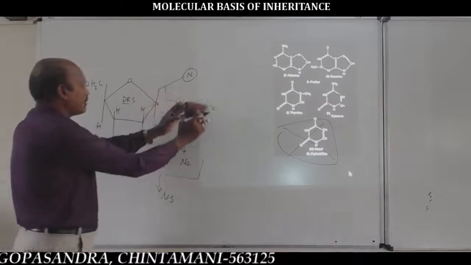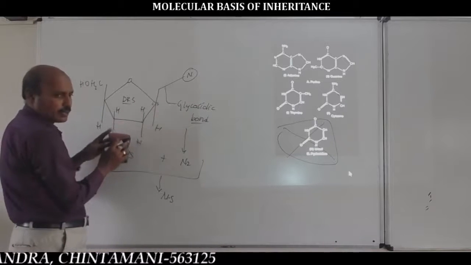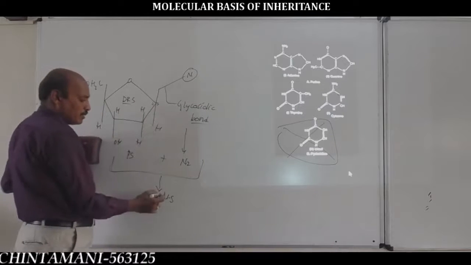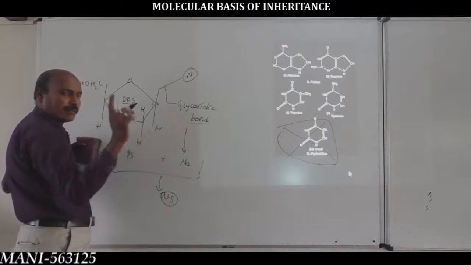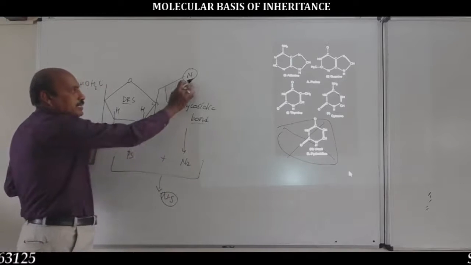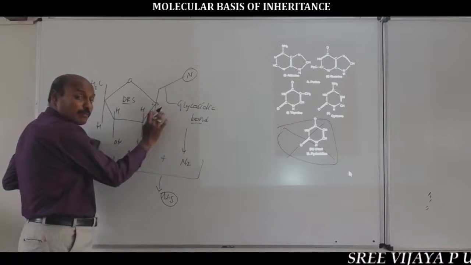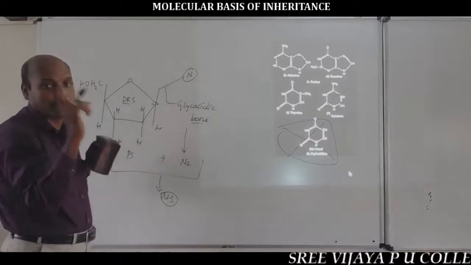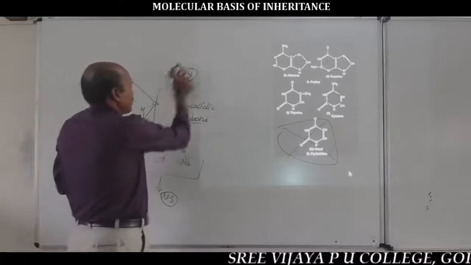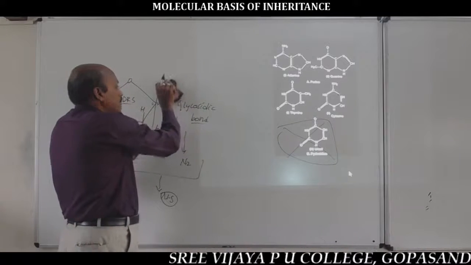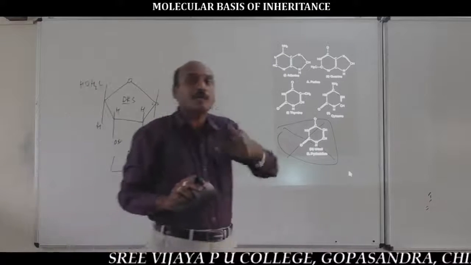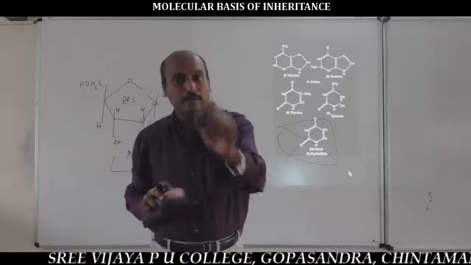The nitrogen base binds to the pentose sugar through a glycosidic bond to form a nucleoside. But very important, the nitrogen base binds only to the first carbon atom of the pentose sugar. If the nitrogen base is adenine or guanine, that is a purine,